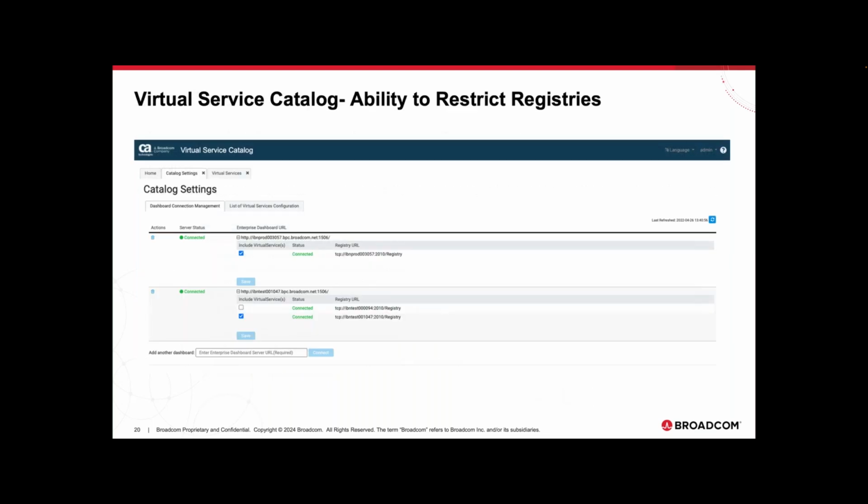With Virtual Service Catalog, it makes it easier to see what services are deployed and to be able to share. And you can look things up. I could look things up by a combination of things like operation and protocol and description, what VSE it might be running on, etc. With this new enhancement, you're able to restrict the registries that display on the Virtual Service